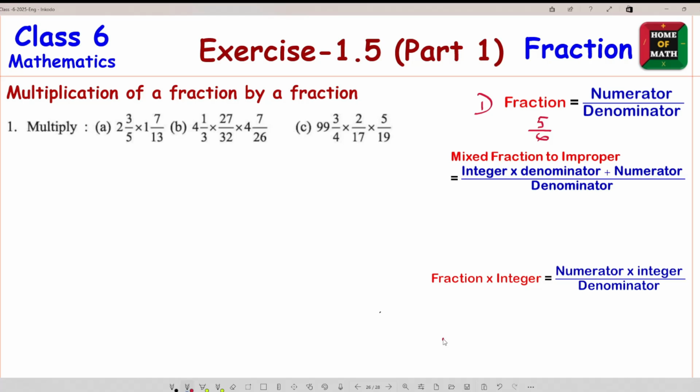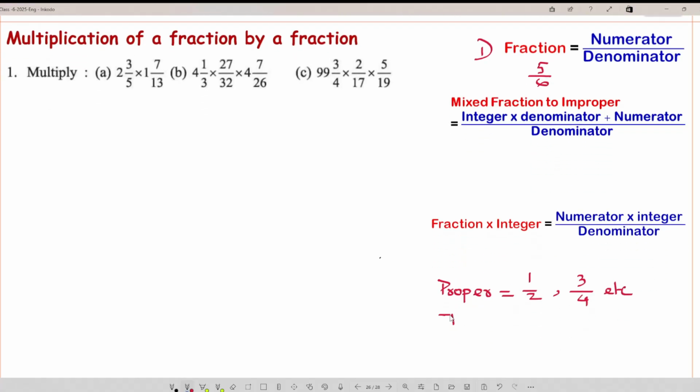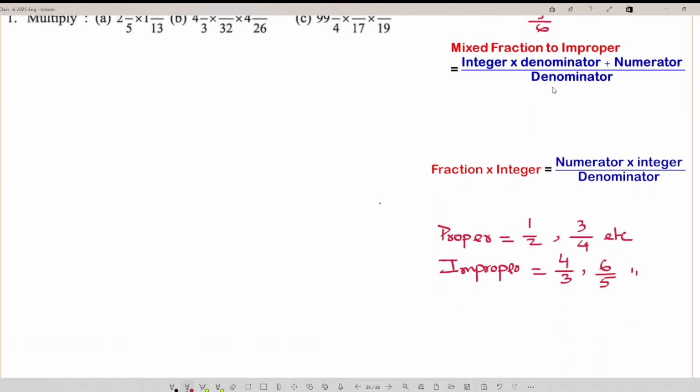One is proper fraction, which is, suppose, 1 divided by 2 or 3 divided by 4, etc. Improper fraction, which is where the numerator is larger than the denominator, like 4 by 3, 6 by 5, like this. And finally, mixed fraction,